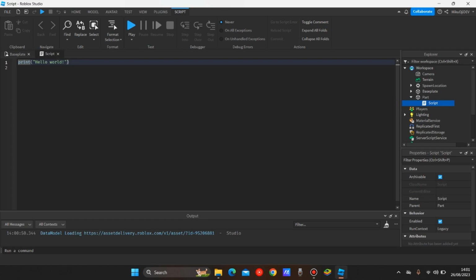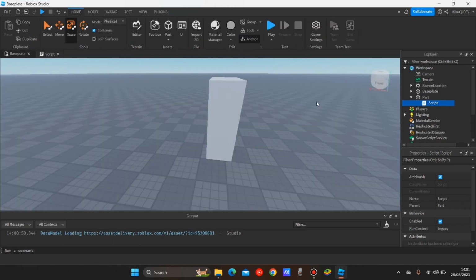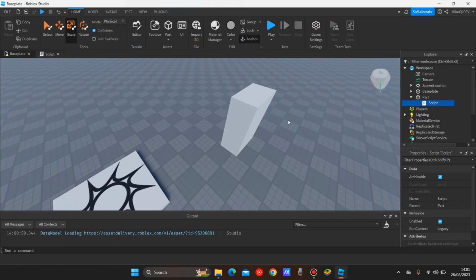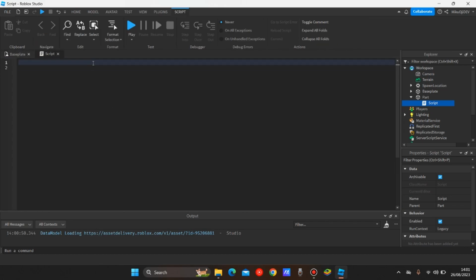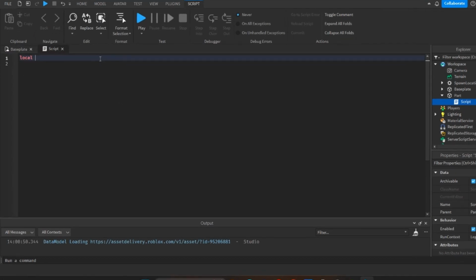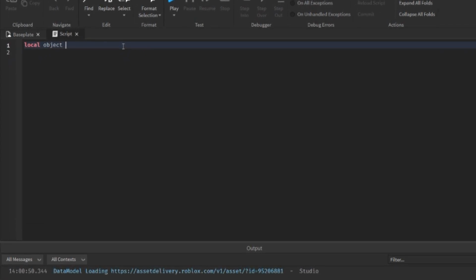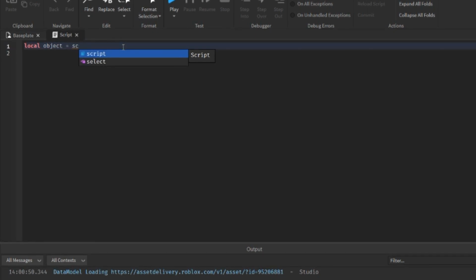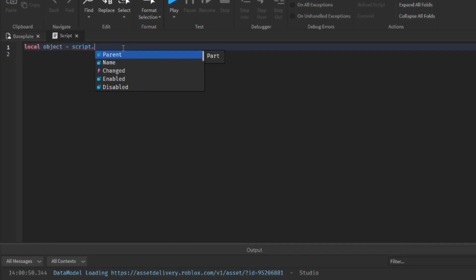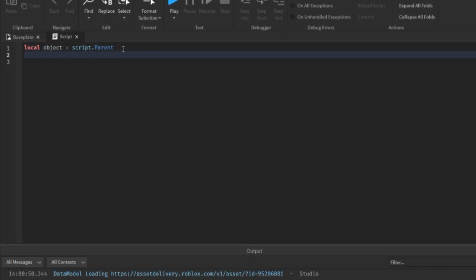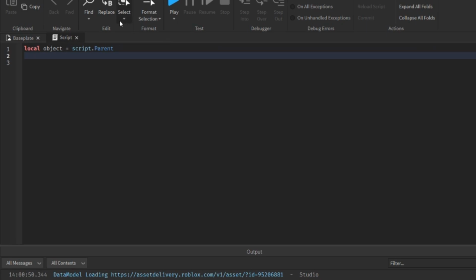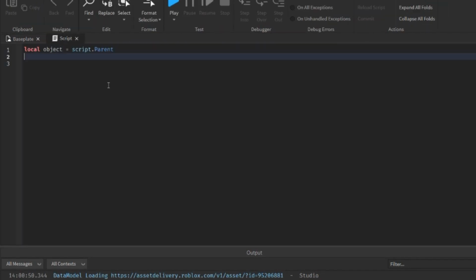So our goal on this thing is to make this move back and forth. So now go to the script, then we're going to make a local object. The local object determines, or it's for the part or this object. This is the object script parent,